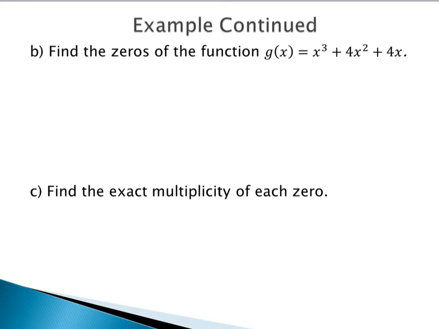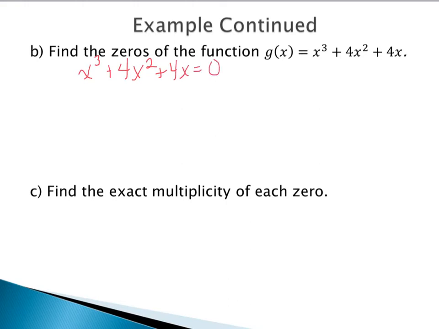Next we want to find all the zeros of the function. Remember, zeros are sometimes called roots and sometimes called x-intercepts. Those words are all interchangeable. So when it says to find the 0, that means to find the root, which also means to find the x-intercept. Finding our x-intercept means we're setting the function equal to 0. So we're going to have x to the third plus 4x squared plus 4x